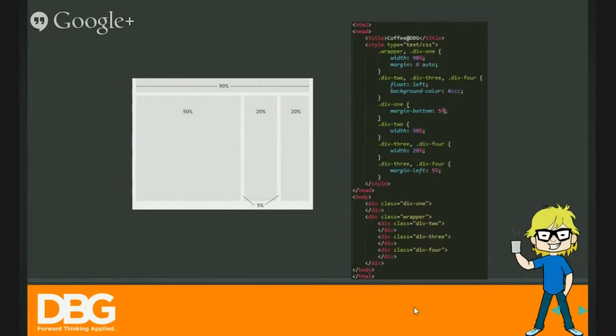So a total of 100%. It's 100% in total, and this is 90% in total, because it's a separate div from this container. Okay, it's related to its parent container only. Okay.